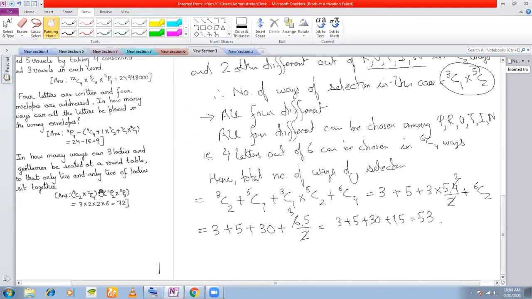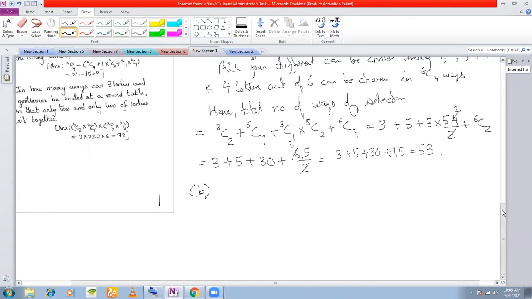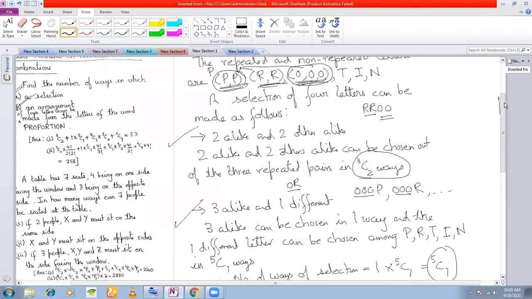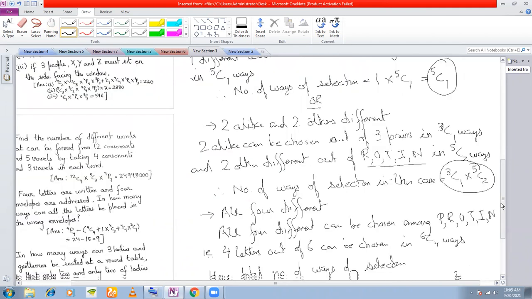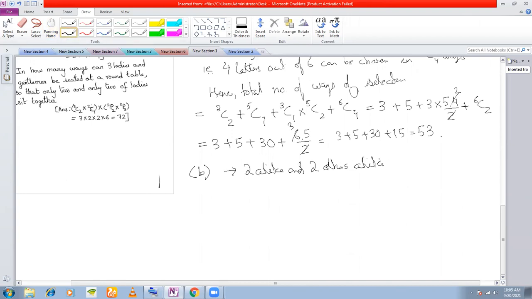Can I move on to the next one, arrangement? Okay, how many ways can you arrange? First of all, 2 alike and 2 others alike. Two alike and 2 others alike. How many ways can you arrange these? Number of arrangements